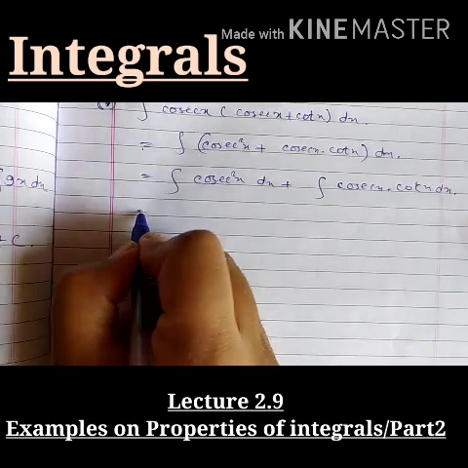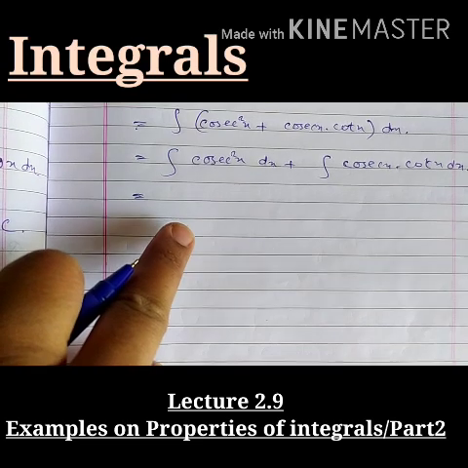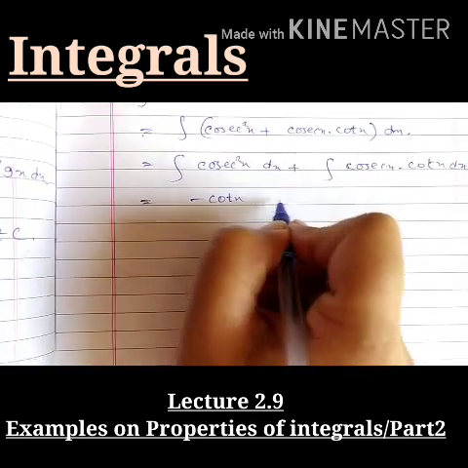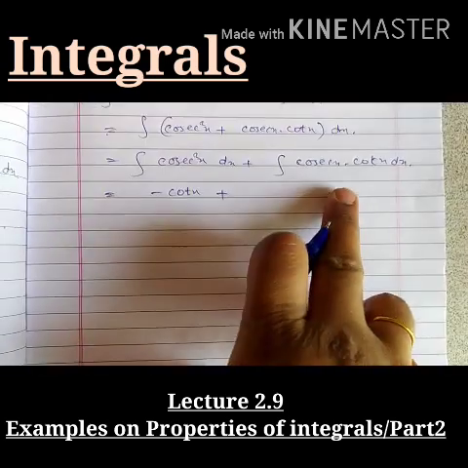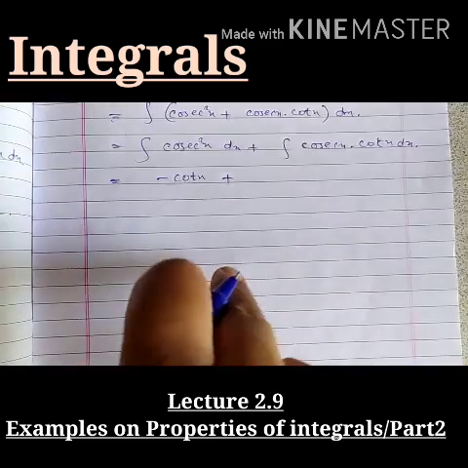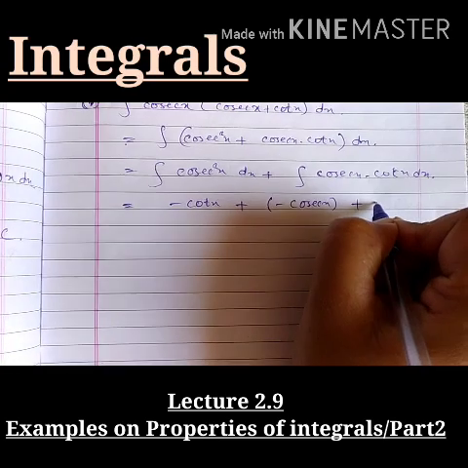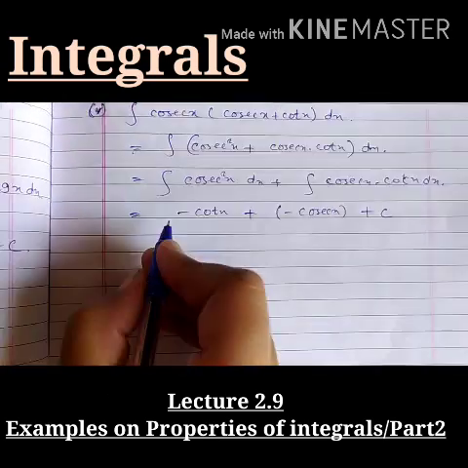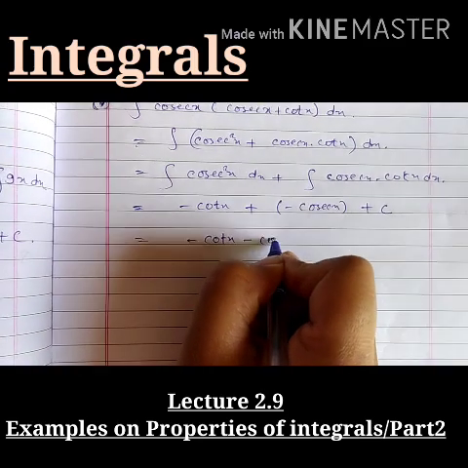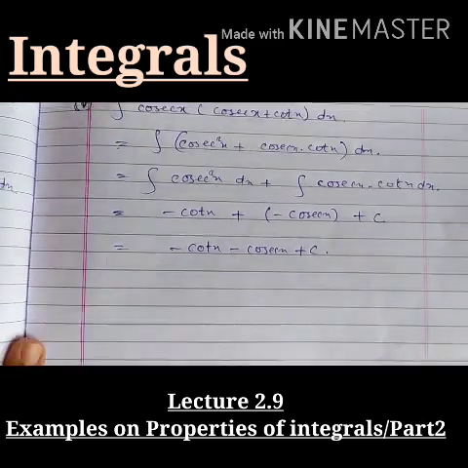Now we know that the derivative of cot x will be minus cosec square x. So its integration will be minus cot x. Plus, we know that the derivative of cosec x is minus cosec x into cot x. So its integration will be minus cosec x plus constant of integration, that will be c. So what is the integral now? Minus cot x minus cosec x plus c. Understood? Now the sixth example,